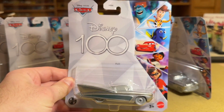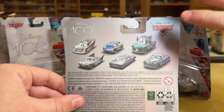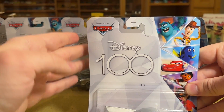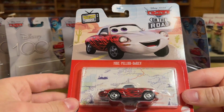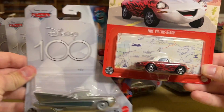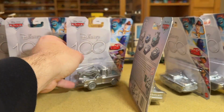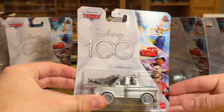Again, we'll talk about them in full detail once I give them their own videos, but the backs are the exact same for everybody. They do have special packaging here. You can see that all the corners are cut on an angle and it dips in, whereas regular packaging has rounded corners and is very rectangular. So they came up with a new packaging design for these, which is pretty nice, although I'm not really sure why. I don't think anyone would have batted an eye if they didn't, because these are just in the